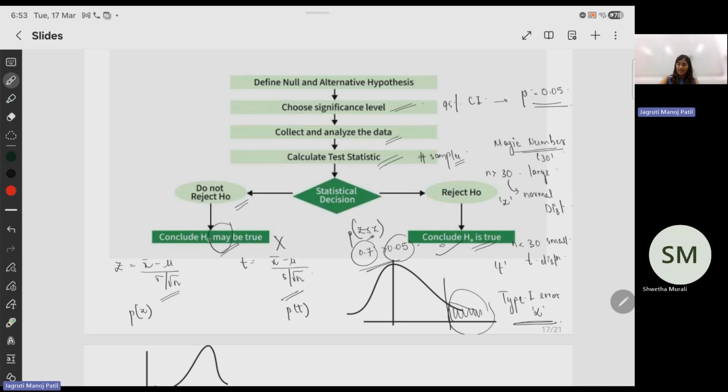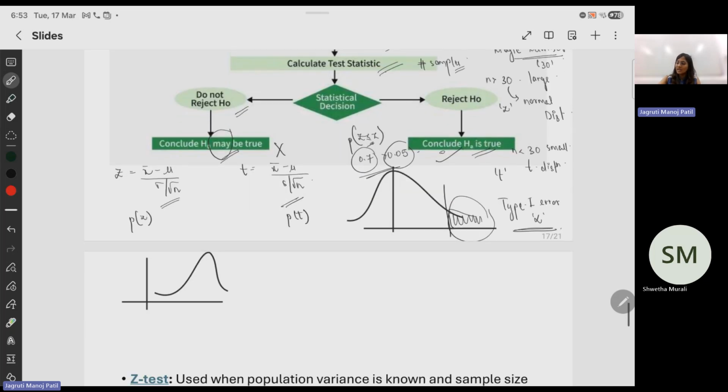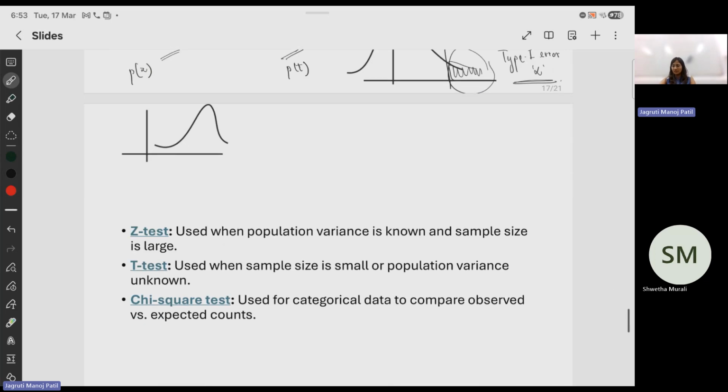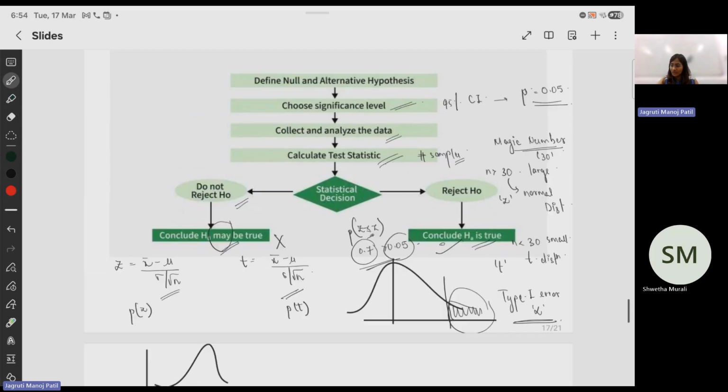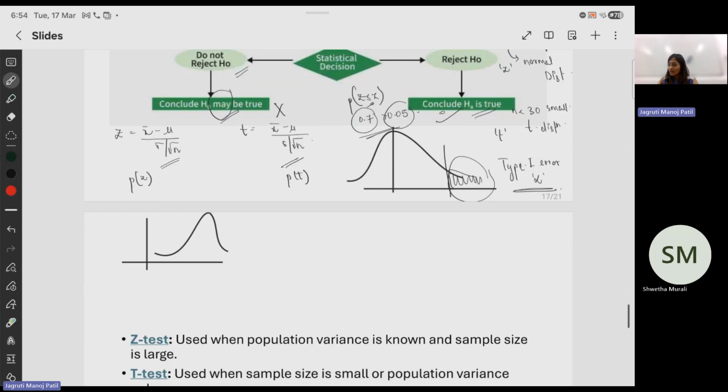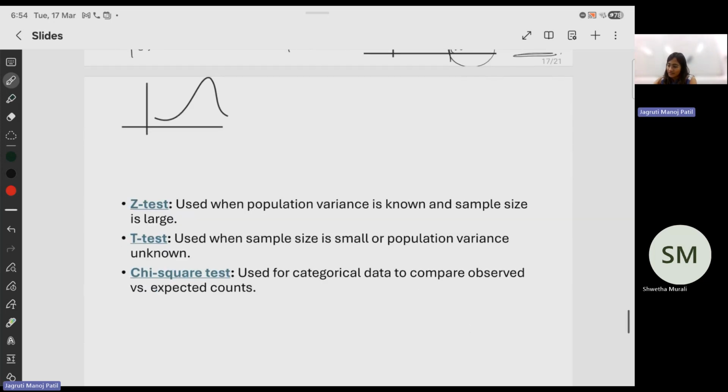So these errors are like the type 1 error. There is also another error, the type 2 error, and we'll see that another time, because here he hasn't mentioned it, and I don't think he wants you to go into that much stats. So it's fine. Yeah, so these are the statistics scores.